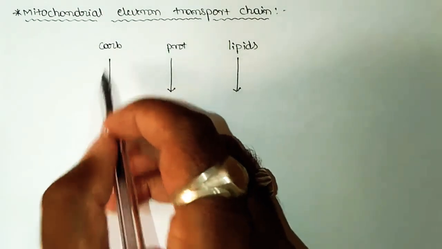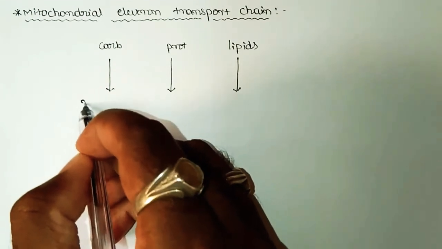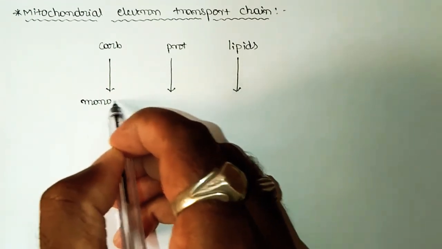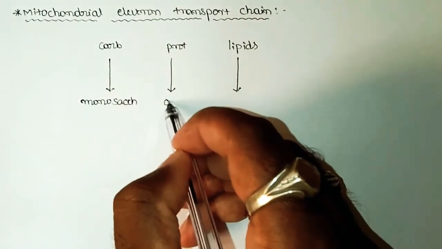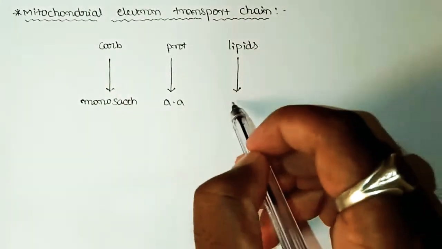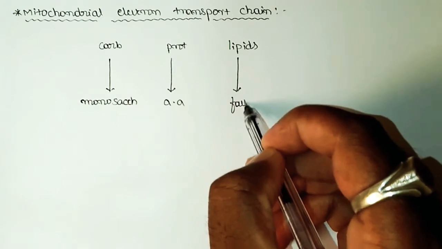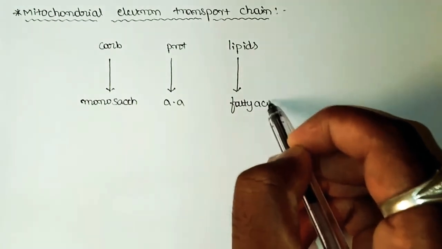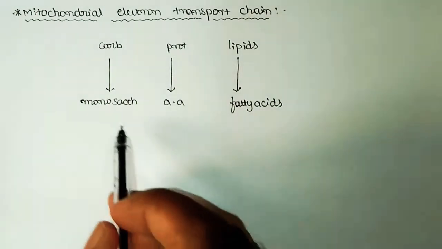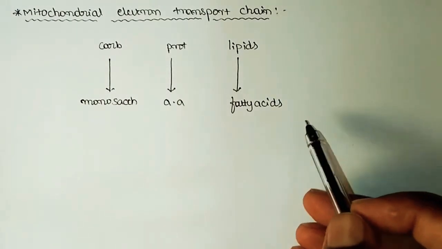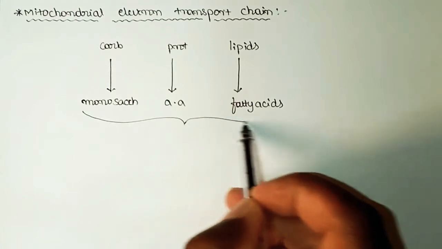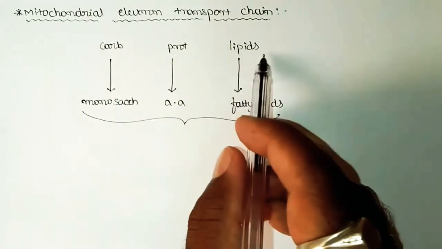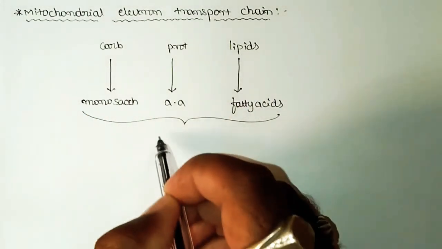So carbohydrates on breakdown will give monosaccharides, and proteins on breakdown will give amino acids. Lipids on breakdown will produce fatty acids, and these are the energy rich compounds that will give energy for us when they undergo metabolism. That means these simpler molecules that are produced due to breakdown of the complex molecules will